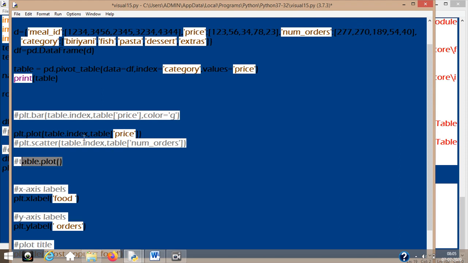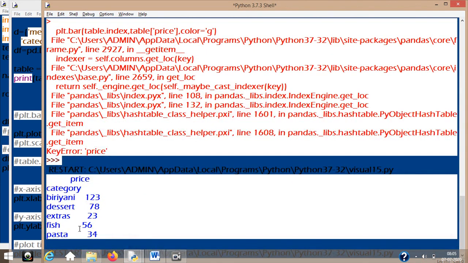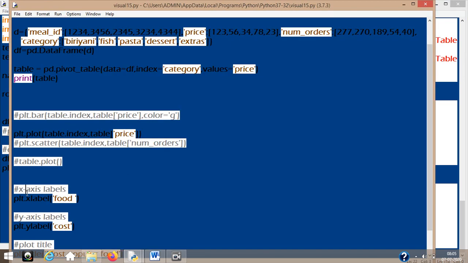Here I'm specifying very clearly what should be in my x-axis and what should be in my y-axis, and if you want, this can be changed to cost to show you that different values are available. See, your graph came, plotting has been done properly.